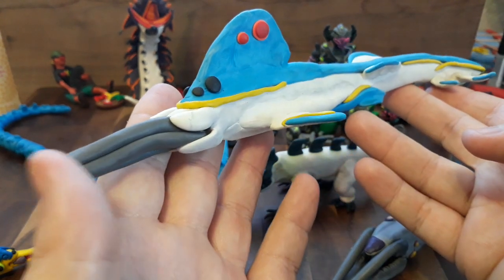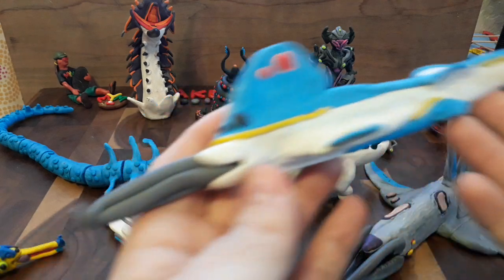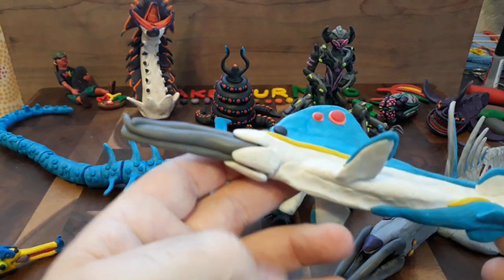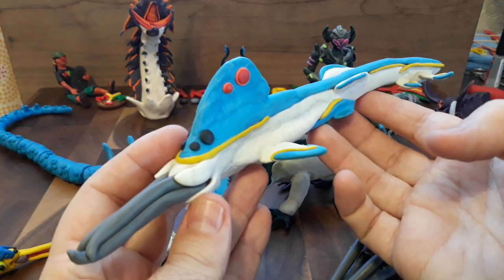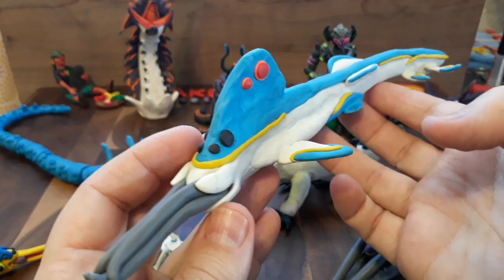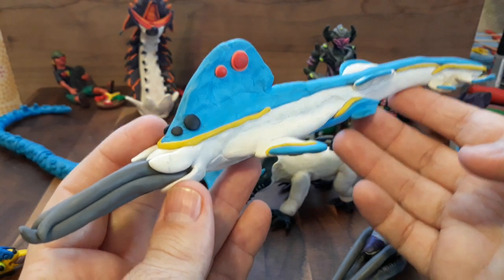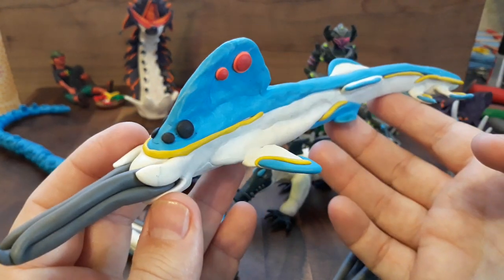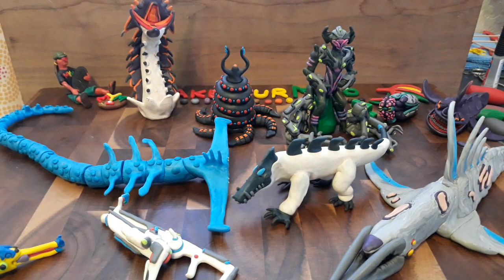It had the same mandibles, but they were forward and kind of curved. It had this crest with these dots right here, and it would actually use that crest to ram up against the ice and knock creatures into the water and then hunt them. It would be about the same size as an orca, so right around 30 some odd feet long. It'd be a little smaller than a typical Reaper, but certainly would be awesome to see. But alas, this creature was cut from the game and replaced with...